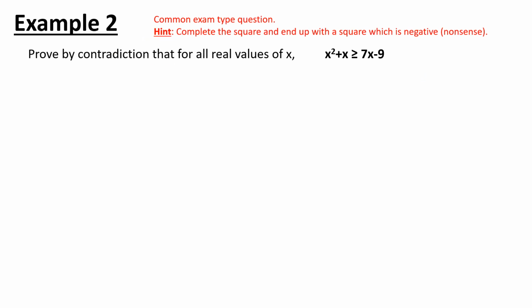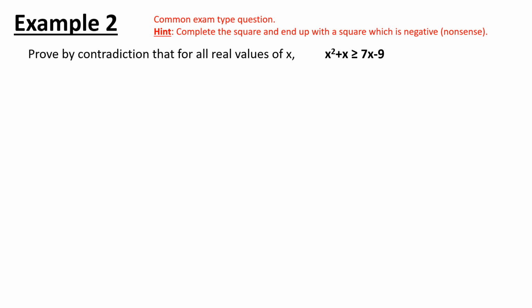So here's another example that says, prove by contradiction that for all real values of x, x squared add x is greater than or equal to 7x minus 9. Now this is a very common type of exam question, one where you've got a squared and you've got an inequality. And there's quite a nice little trick for these sorts of questions to make them quite easy to prove